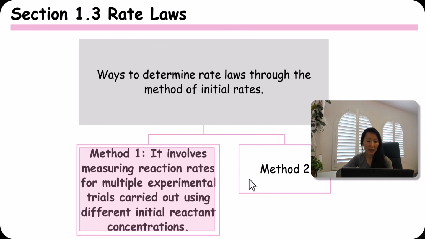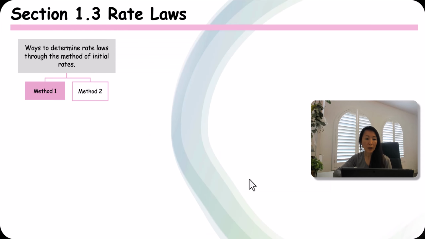The first method involves measuring the reaction rates for multiple experimental trials carried out using different initial reactant concentrations. What that means is that you're going to take multiple different initial concentrations of the reactant and look at the rate of the product that is being formed initially, and start comparing those values to find the rate law. For example, for method 1, we have nitric oxide